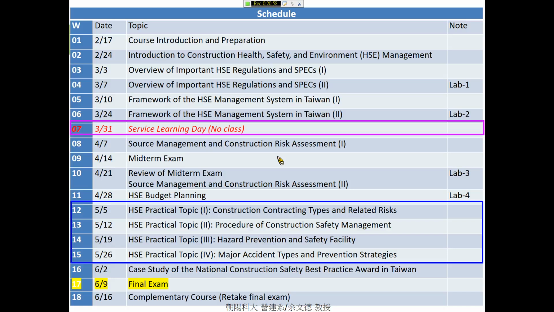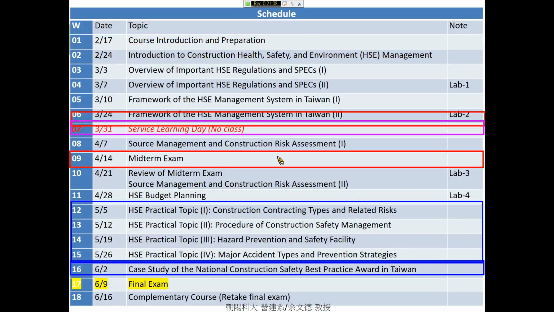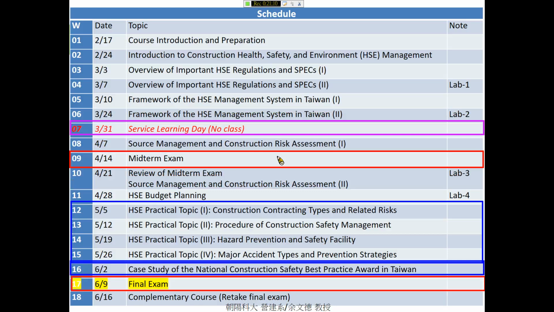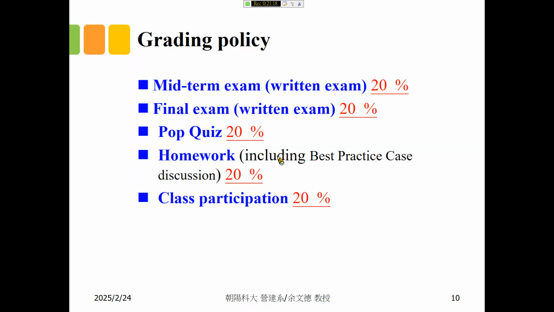Okay, I hope you don't need to take this exam. Okay, so that's the schedule for the class. Do you have any comment on the schedule? This is just a plan because this is the first time I teach this course. So let's see how it goes.